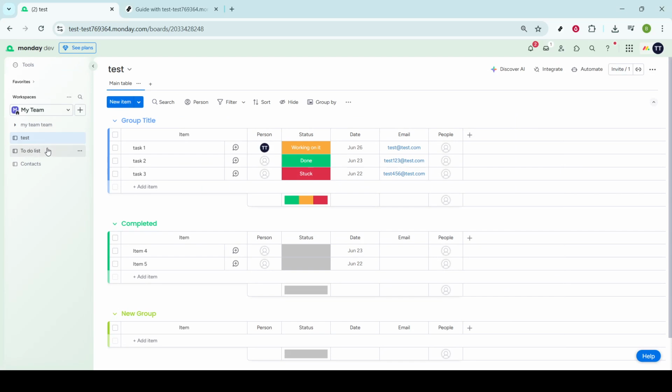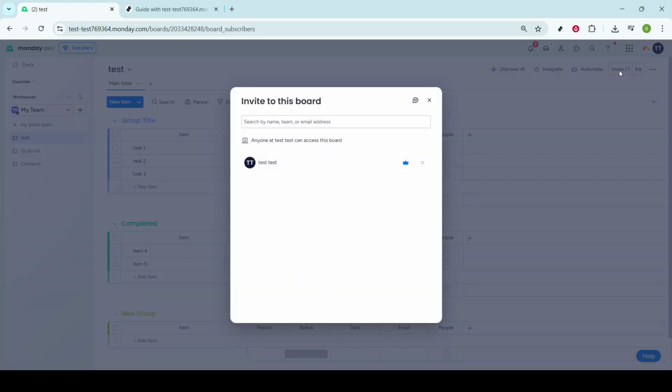Now, let's locate the invite option. Scan your eyes over to the upper right corner of your screen. There you'll notice a button labeled Invite. Go ahead and give it a click. When you do, a pop-up window will appear. This is a crucial step because it's where you'll manage your sharing options and send out invitations to your team